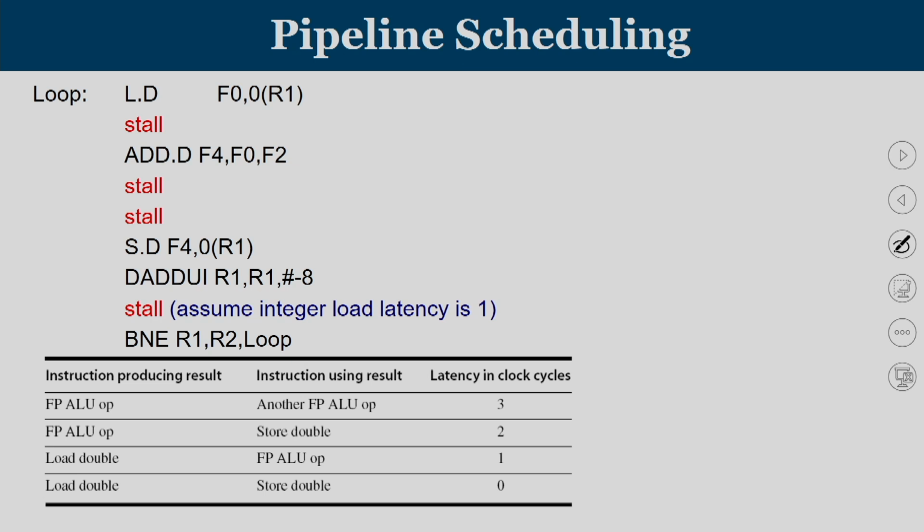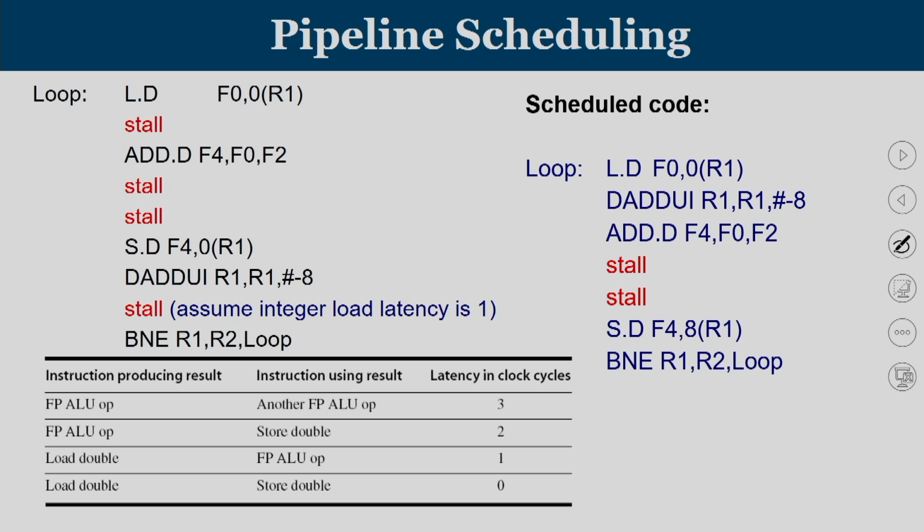So, this is the program that we have just discussed. Now, in what way is the compiler going to help? You can see that there is a 2 cycle delay between your add and your store, and between this load and add there is 1 stall. So, once you load a value, you have to insert 1 stall between any instruction that is going to use the value because of the dependency on F0.